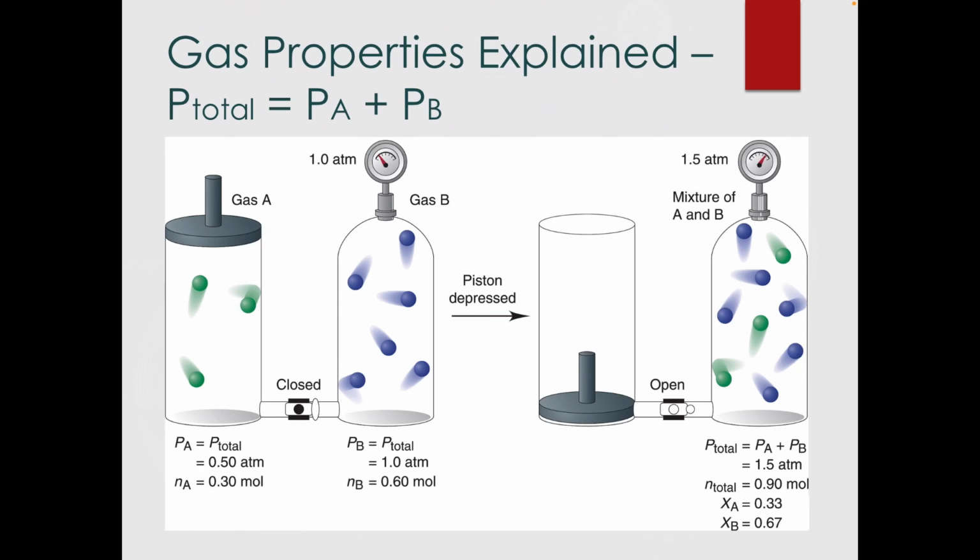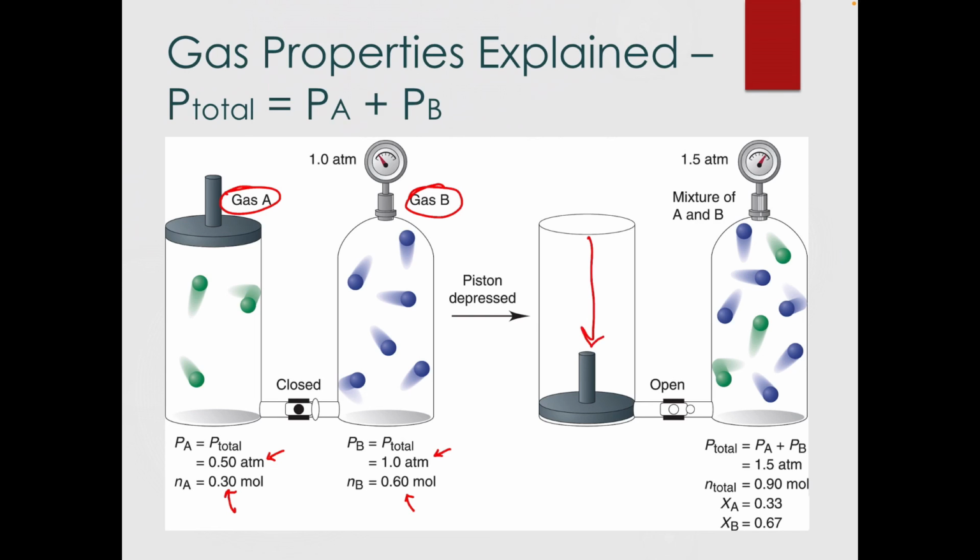So, looking at this, we have gas A on the left here and gas B on the right here. And each one of those gases has a certain number of moles. Our gas A will have 0.3 moles, our gas B has 0.6 moles. And they each have a pressure associated with that amount of moles. Okay, and right now they are separated, but if we open that stopcock that's holding them together, and then we'll